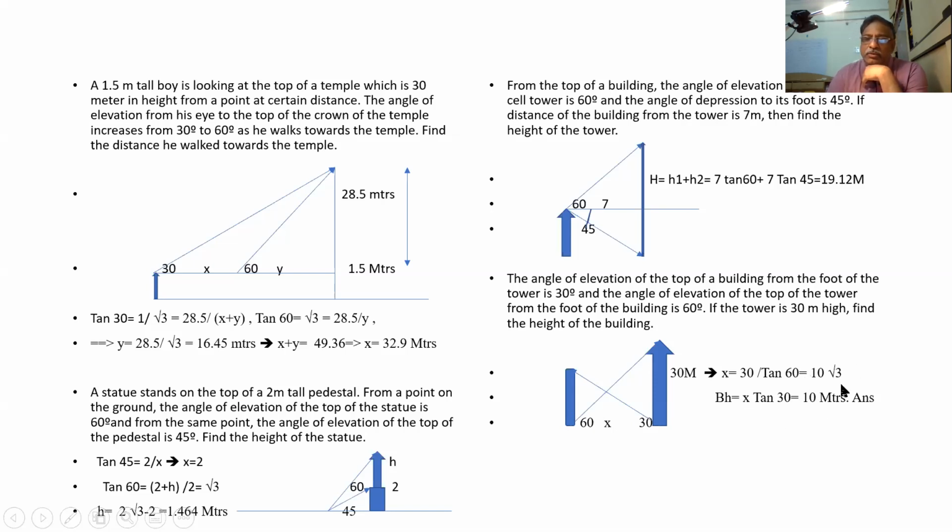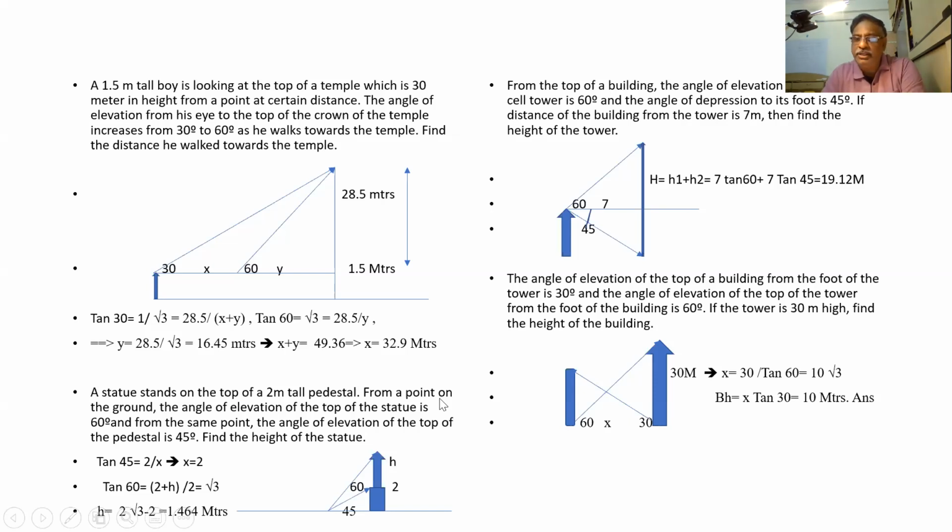So this 1 by root 3 we have to learn by heart. What is tan 60? It starts from sin 60 by cos 60. Sin 60 is root 3 by 2. So automatically root 3 comes on top. Tan 30, what is tan 30? 1 by 2 divided by root 3 by 2. So it is starting from 1 by 2. That means 1 by root 3 is tan 30. So you should be able to remember both.